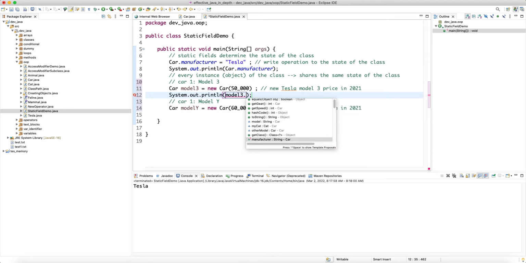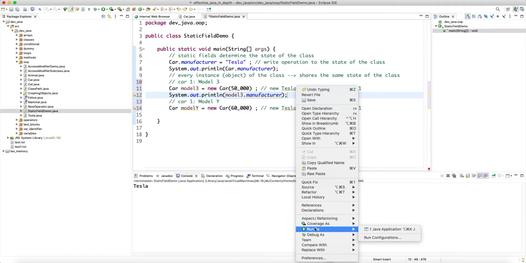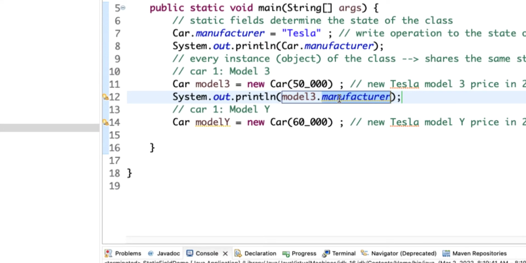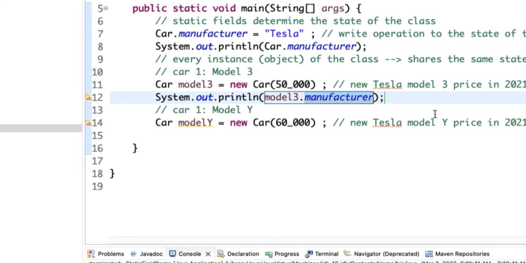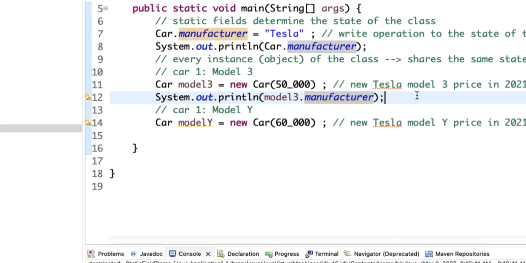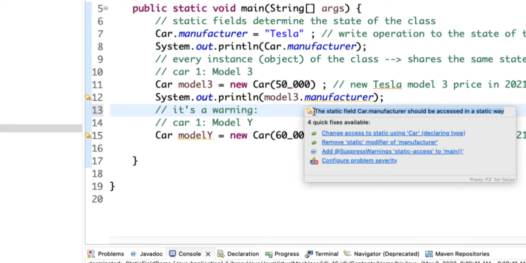Now, if I do a sysout on the Model 3 manufacturer, this works. It's a static field, and I can print it. So yes, we are reading this static field, but you see, I get a compiler warning. What is this warning about? It tells me that the static field Car.manufacturer should be accessed in a static way, but it's not a compiler error, it's a warning. The warning is telling us that the convention or best practice is to